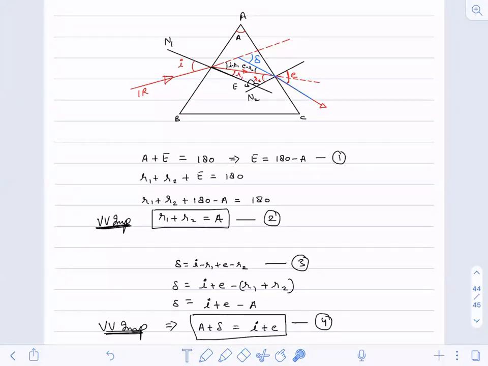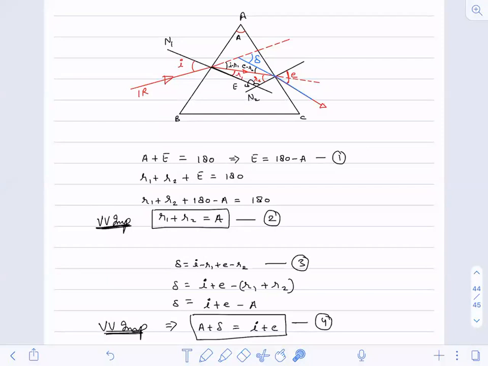That you will not study till 10th class. You will only study in class 12th and introduction in class 11th. So differentiation and all is involved, so we cannot do that calculation over here. If you go in class 12th and study optics, the emergence angle becomes a function of wavelength. That only you have to remember over here, that emergence angle is a function of wavelength.